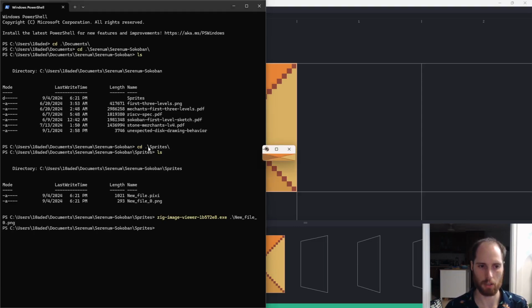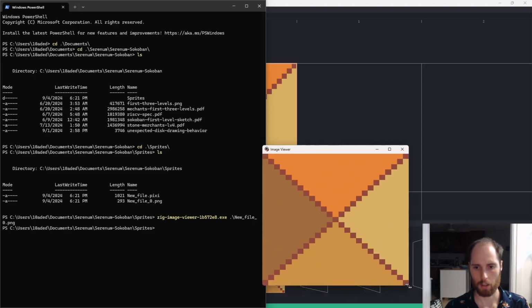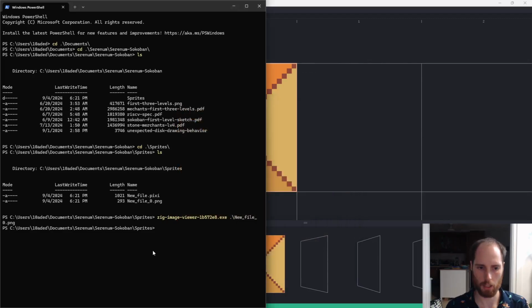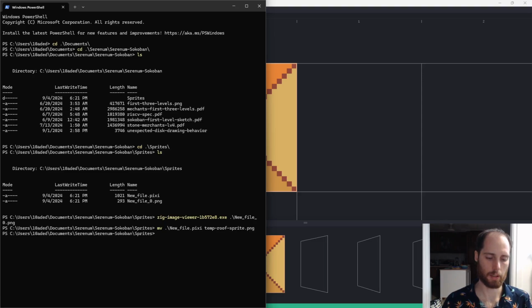New file.png. Okay. Good. That is a PNG file. Let's just rename it. New file, let's call it roof sprite. Temporary roof sprite.png. Now let's convert it to a sensible image format for game making,